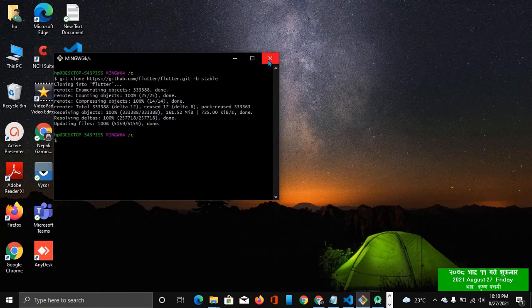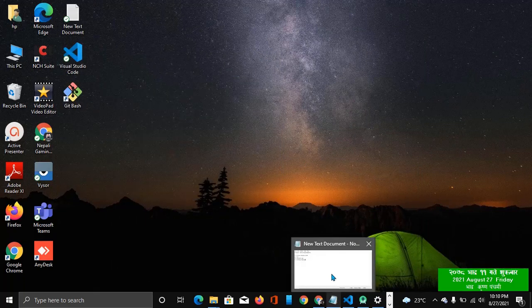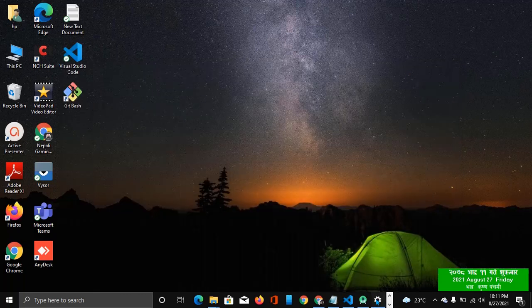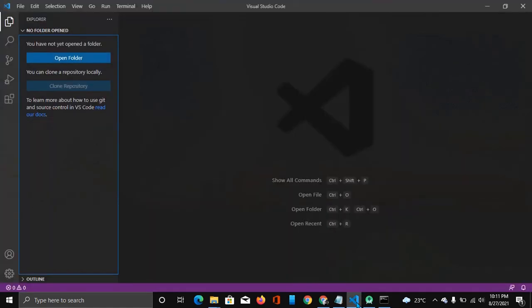And Git is working properly. Let's close this, and we have already downloaded Visual Studio Code. This one is also done, Git also done, Flutter SDK done, and Visual Studio is in progress. As you can see here, we are in the last step. So we can close all this. In the meantime, we can